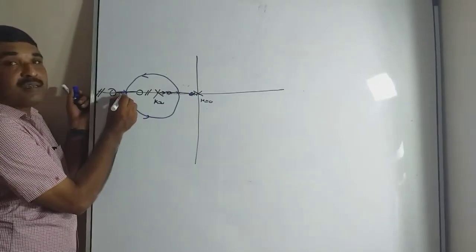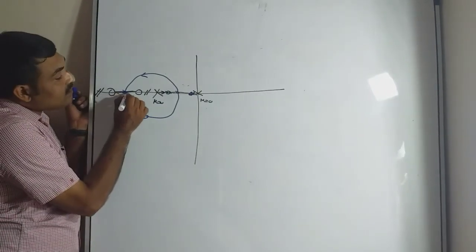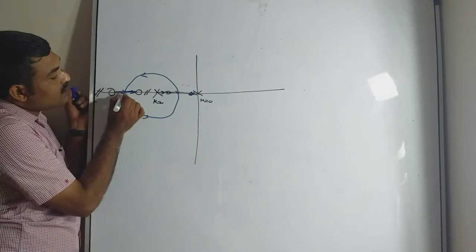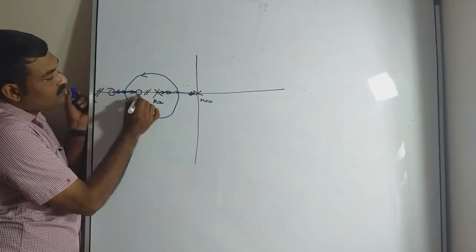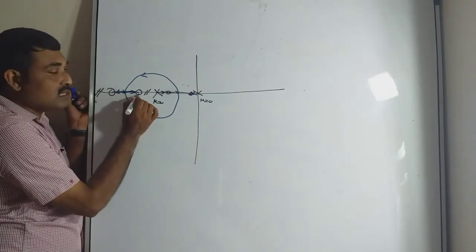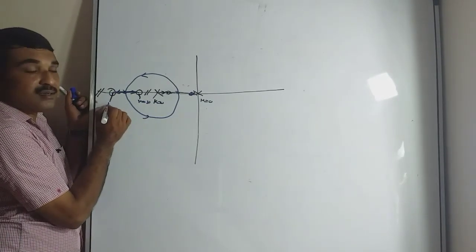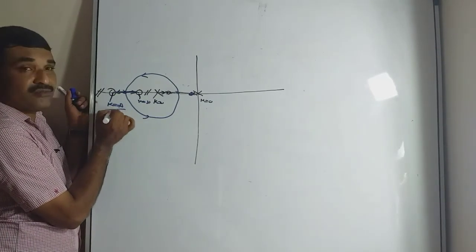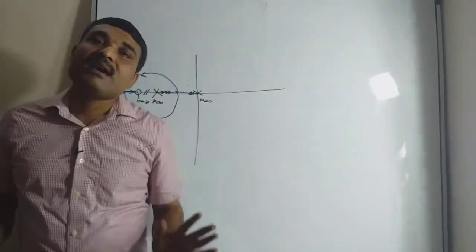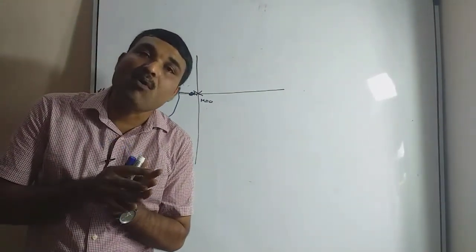And again here it is a breakaway point. Here this moves along this branch, this will move around this branch. And this branch will terminate at this zero with k equal to infinity, and this will terminate at this zero at k equal to infinity. In this manner, we can find the approximate shape of root locus.